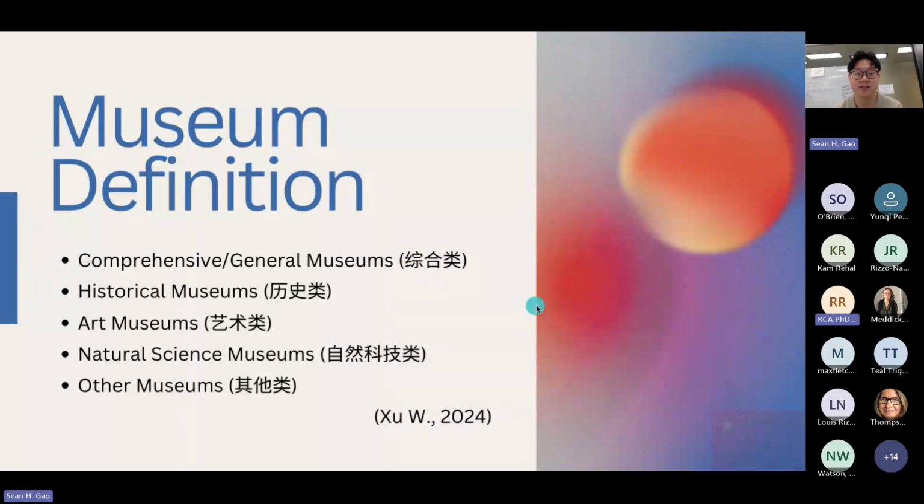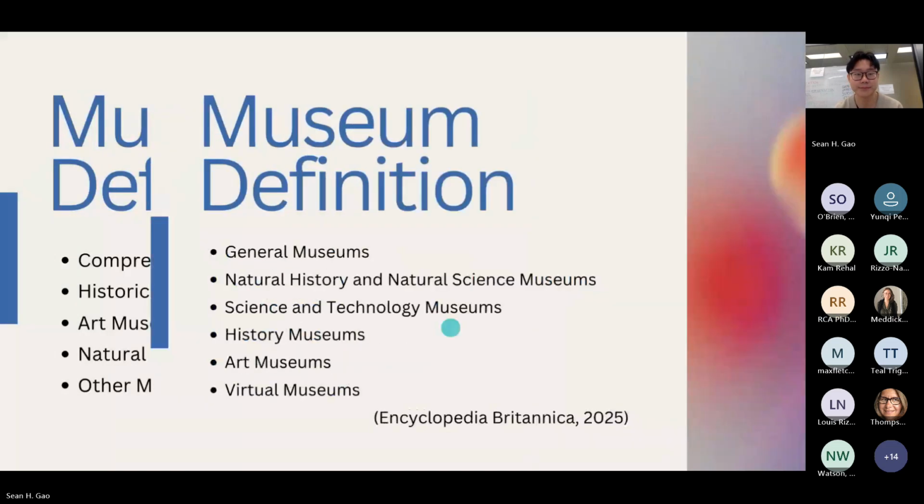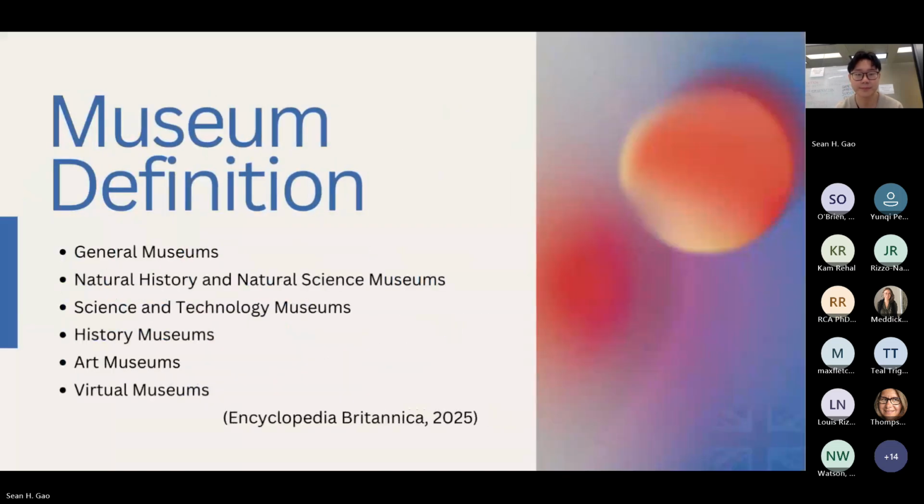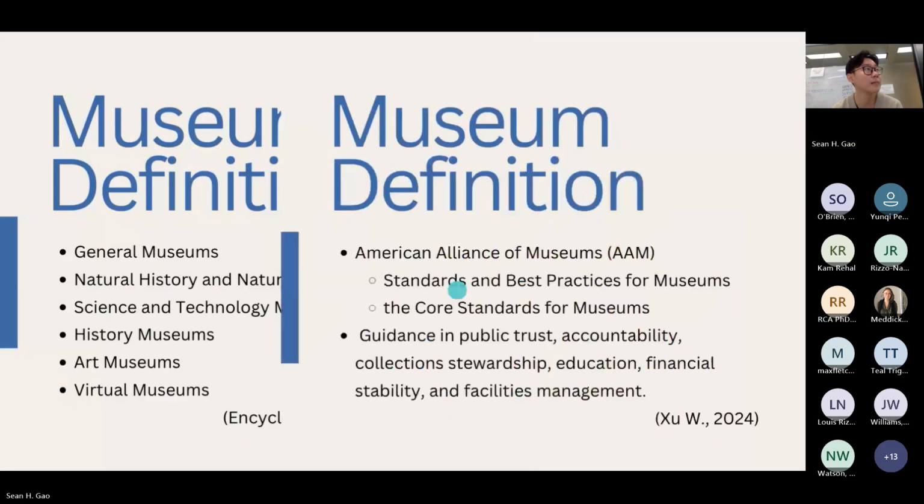In comparing and contrasting museums, the British system, as outlined in the most recent updated Encyclopedia Britannica, defines 6 distinct categories, and the key distinction is the clear separation between the natural history museums and the science and technology museums. However, in contrast, the United States does not follow a